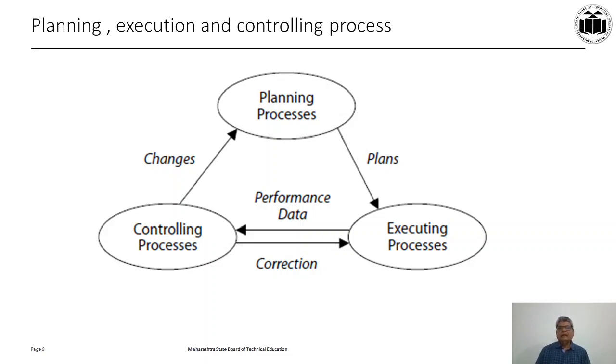It is said that planning and controlling are like the two blades of a scissor. Unless we have both, the results cannot take place. If the scissor has only one blade, can you cut with it? No. If you want to cut with the scissor, both blades must be present. Same is the case with planning and controlling. So you must have planning, and accordingly you must create a control process. Then you analyze the performance data by controlling and monitoring, and if required you can change your plans or change the process of planning.